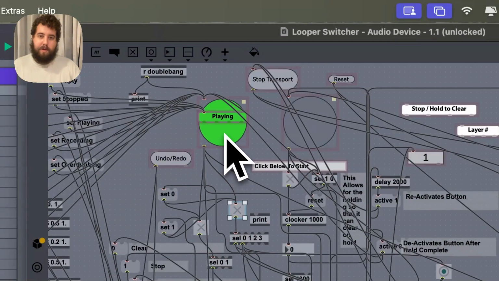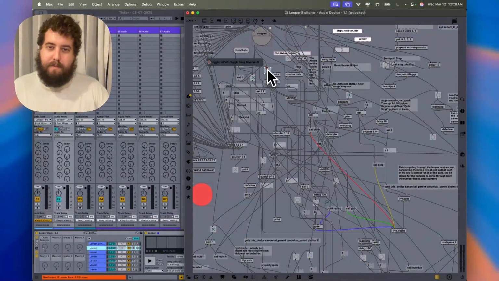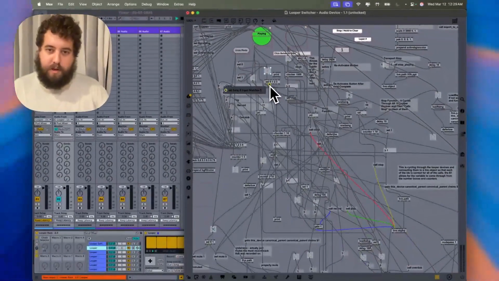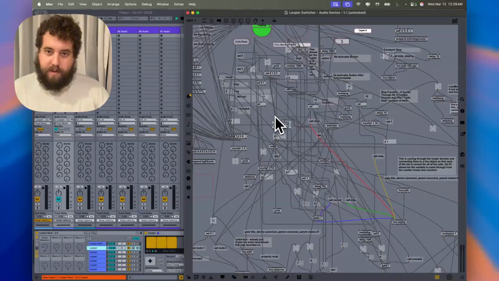So we have our play button, and when the play button is activated, it toggles on and off this switch here. And if it's a 1, then it's going into this counter here. It's going into this counter, and it is